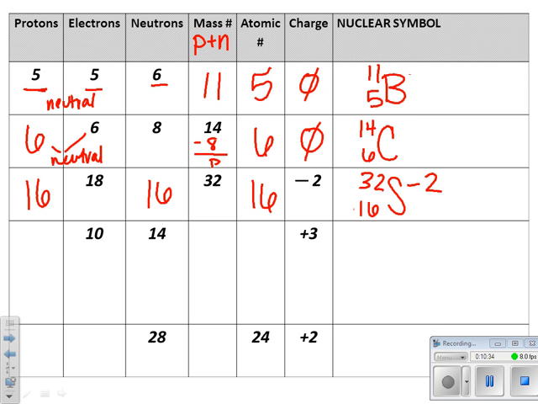All right, my atomic number also the same as my protons up here at the front. So 16, and then we could see this has a -2. That means I've gained negative charge. Therefore, I'm no longer 16 and 16, but I am now 16 with 2 more electrons thrown in there, so it's actually 18. Okay? So, I want to encourage you to finish these last two, check them over in class,